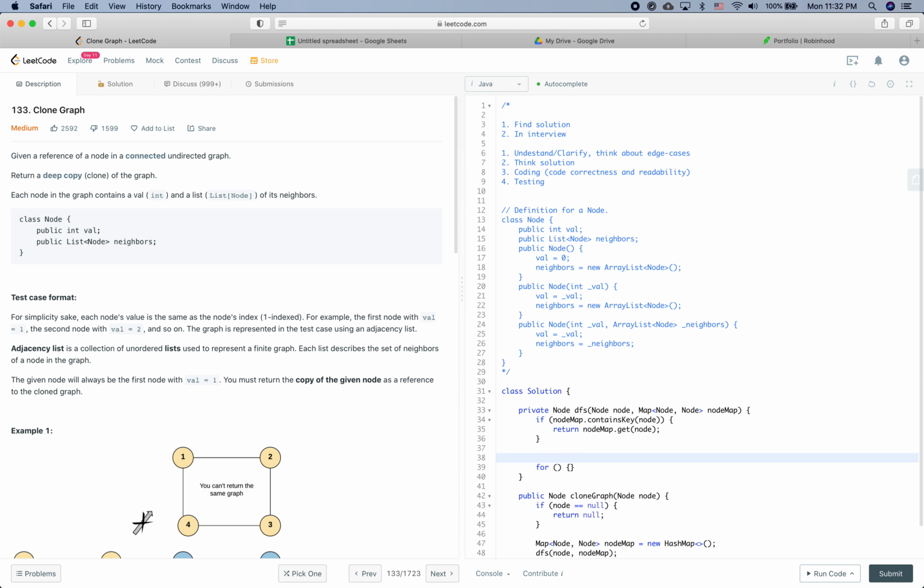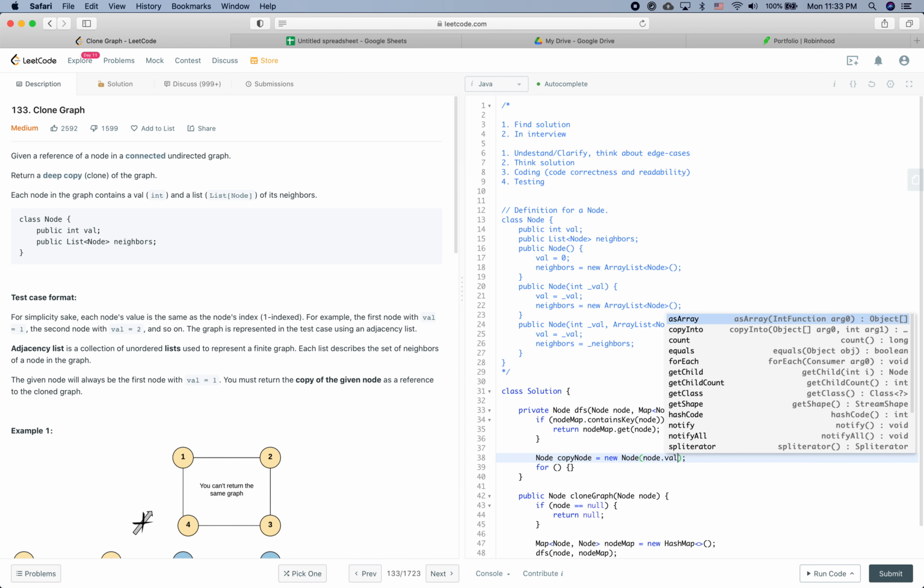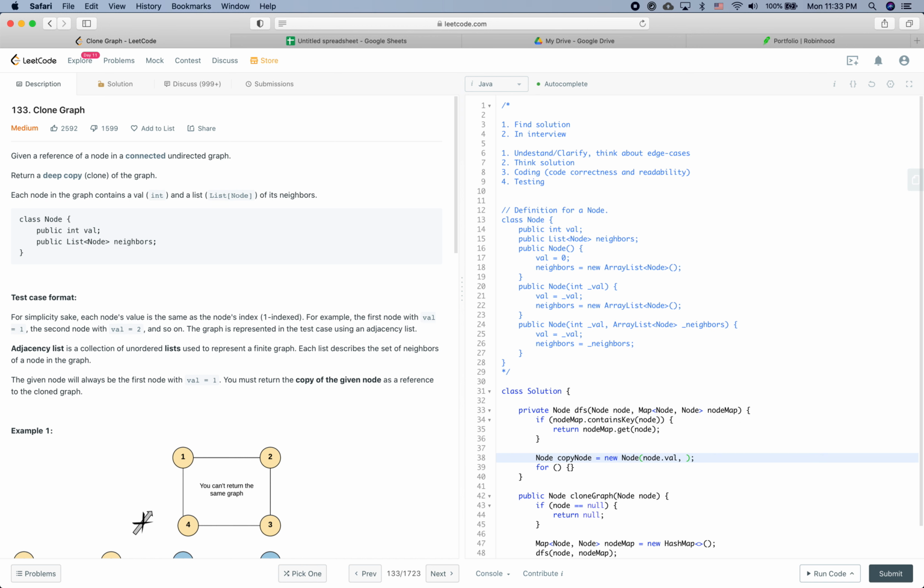So it is going to be Node copyNode equal to new Node with a value of node.value and a new ArrayList<Node>. Okay,